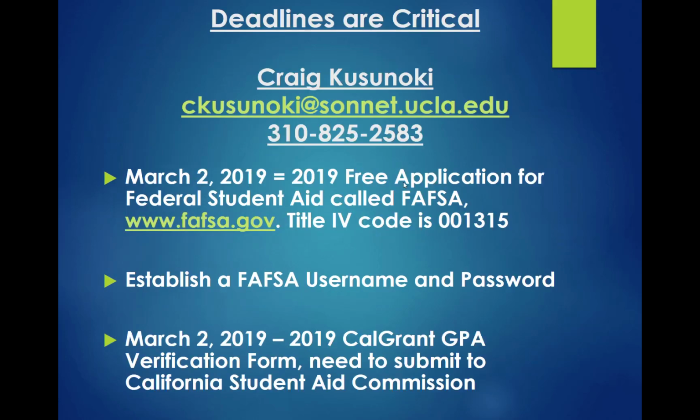Okay, so let me just back up here and give you some information on the FAFSA. You're probably going to wonder, I'm putting in all this income information, how is it determined who gets what? There's a lot of factors that go into the FAFSA, things like how many people are in the household, how many people in the family are in college. There's a lot of factors that go into it. But what I can tell you is